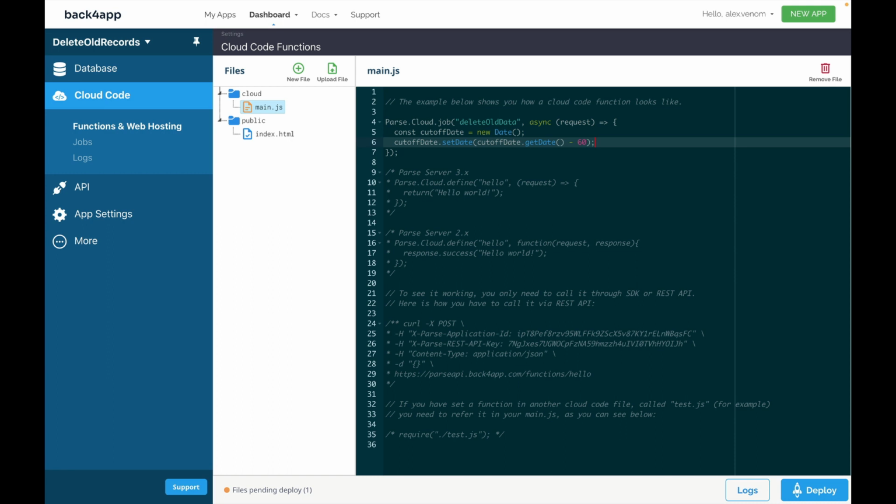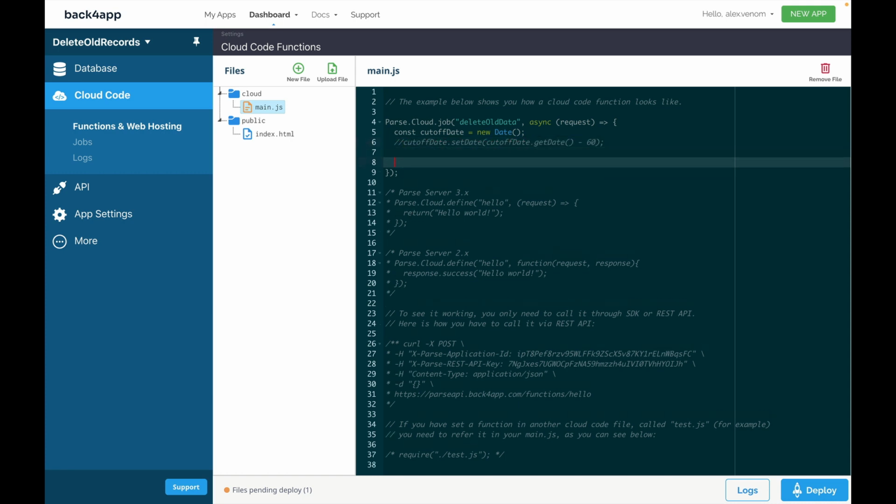Now I'm going to comment out this line so it can work on my particular project, because I don't have 60-day-old records. If you have, this should work for you, but I'm just going to comment this out so we can see the execution. And once we have the date set, we need to find the records that match this date. We're going to query the MyClass class, looking for records where the creation date, or createdAt, matches this new date. So const myClass equals